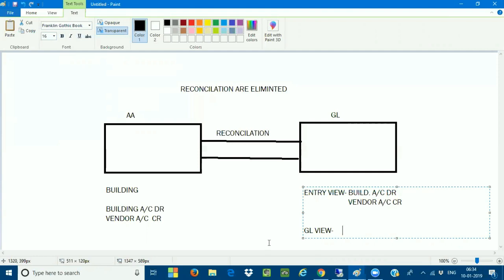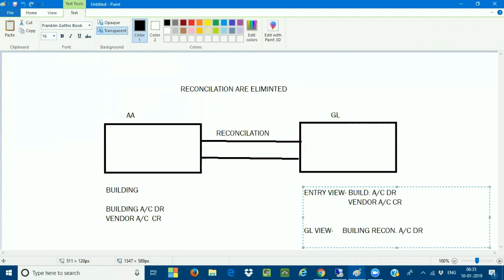Now, there is one reconciliation account assigned to the building account and one reconciliation account assigned to the vendor account. So these reconciliation accounts will be seen here. When I'm displaying the general ledger view, the acquisition and production cost is called a reconciliation account, and that account I am assigning in the building. So the recon account will be the building recon account, and we'll see the debit.